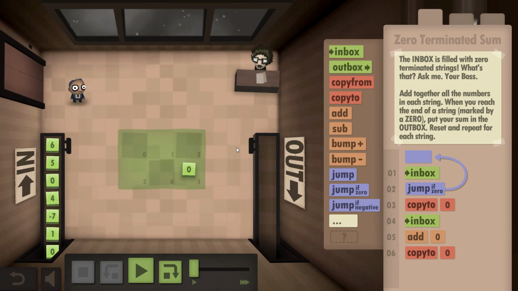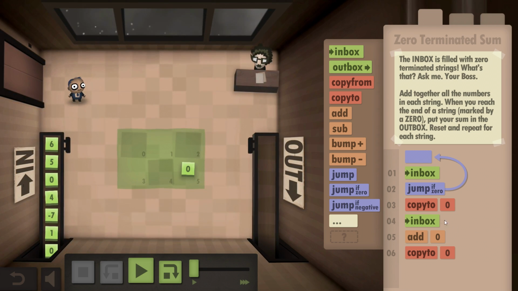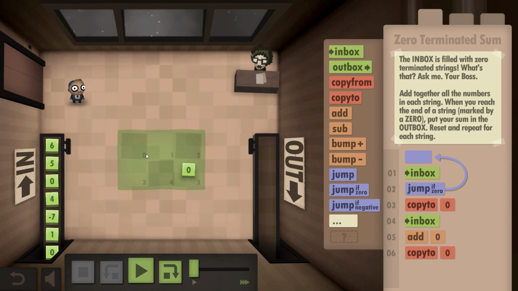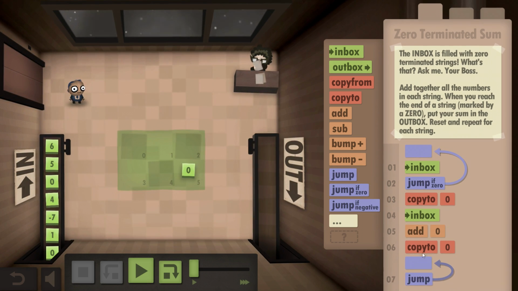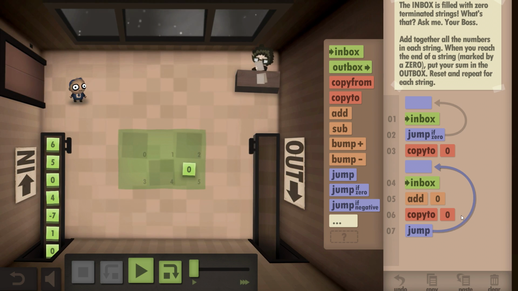There we go. Yeah, I think this is right. So go to the inbox. So first inbox is copied to 0. Then we go back to the inbox and add that to 0 and copy it to 0. So we're just going to keep adding it each time. So that's going to have a jump loop, I believe. Inbox, add 0, copy to 0. So you're adding it and then you're overriding it as the new answer. And this keeps looping around forever